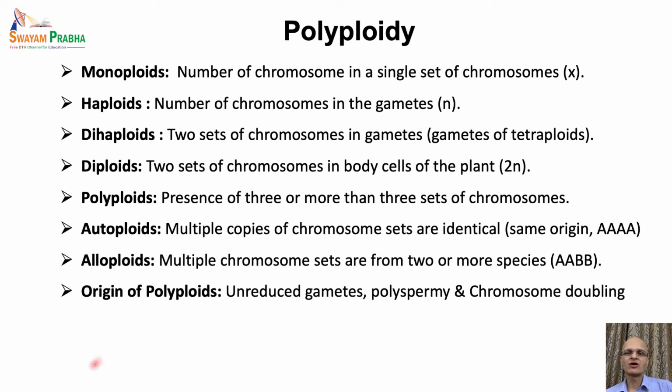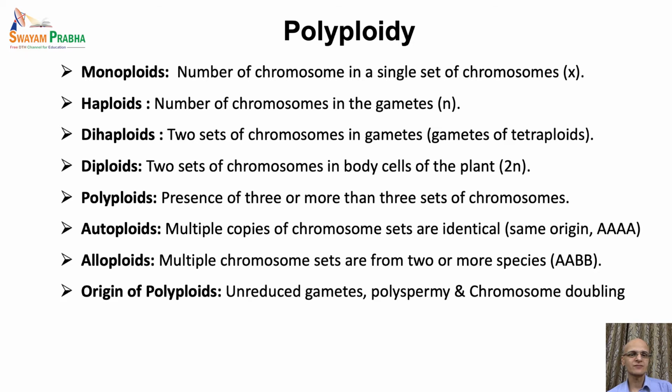Then we also talked about various mechanisms of origin of polyploids, where we discussed the production of unreduced gametes because of the meiotic errors that usually result due to environmental stress conditions. Then we also talked about polyspermy, that is the fusion of more than one male gamete with the egg nuclei, and also the chromosomal doubling either in the zygote or in the somatic cell can lead to